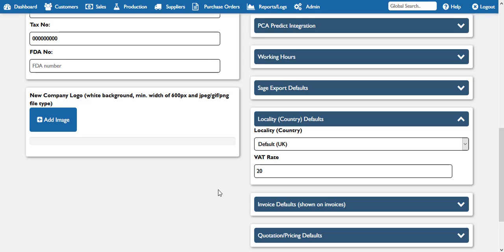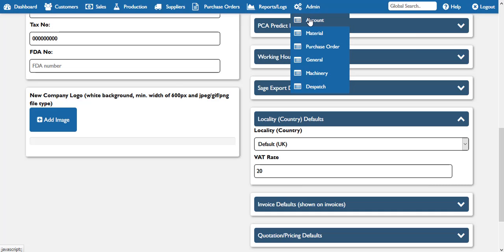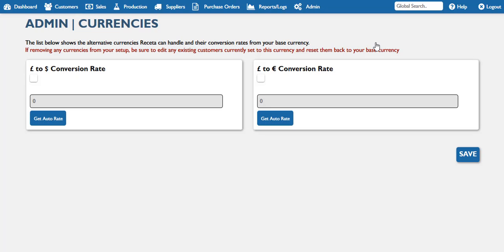To enable your copy of Receta for multi-currency, you should go to Admin, Accounts, Alternative Currency Rates. On this page you will see the two alternative currencies available to your copy of Receta. To enable a particular currency, simply click the tick box above that currency and enter the exchange rate you wish to use. The rate you choose is entirely up to you. This can be your preferred manual rate you use within other parts of your business, or it can be a